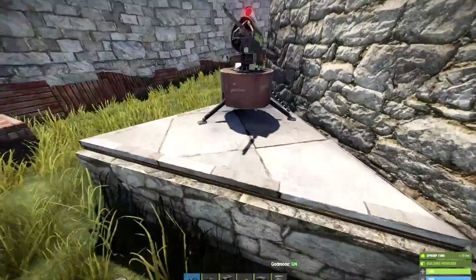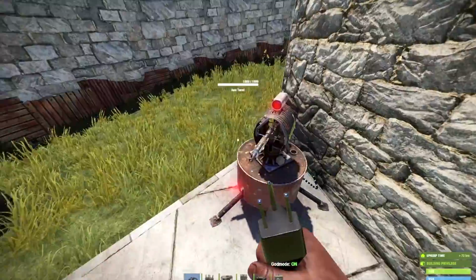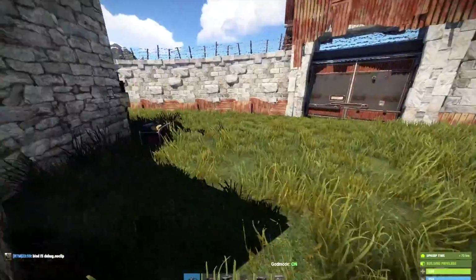For turrets, you need to put a gun in there now. It used to be where you didn't have to put a gun in it, but yeah, you need to put one in now. What I like to do as well